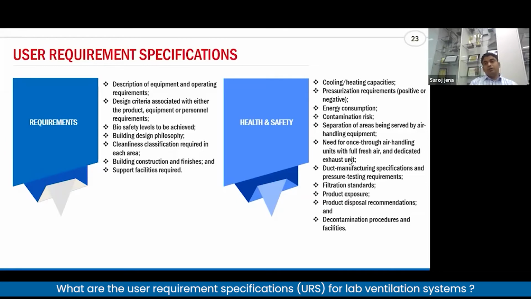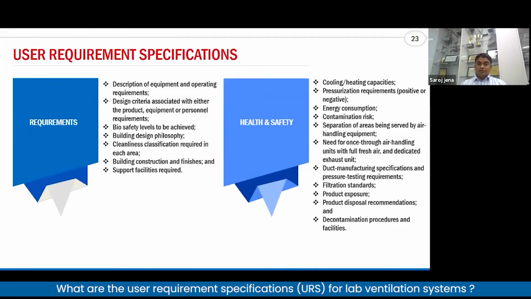Then the second part, cooling and ventilation practices. What cooling you are looking for, which type of pressure you are looking for, positive or negative, what type of energy consumption, and contamination risks, what type of contamination you are looking for. The separate areas being served by air handling equipment. These are things you should look into. Then further,